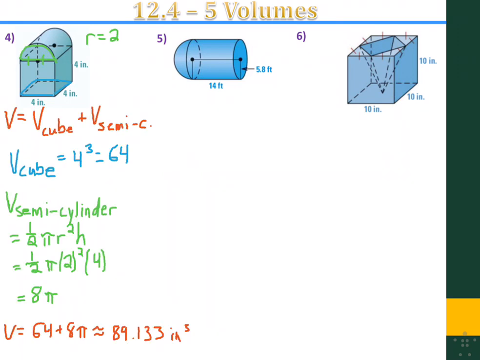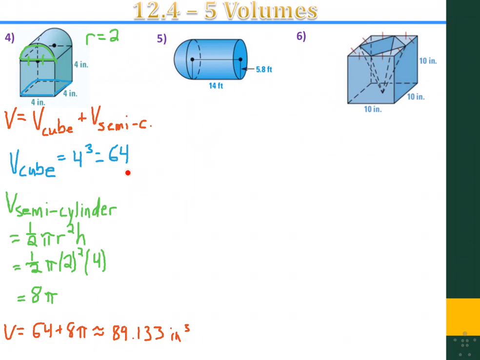4 is a cube and not an entire cylinder, but half of one, which I think the proper term for that is a semi-cylinder. So what I did is I broke it up into those 2 different pieces. I found the volumes of each of them individually, and then I added them together at the end. So for the cube, we can see that the volume of the cube, which I calculated right here, since the cube is 4 by 4 by 4, length, width, and height